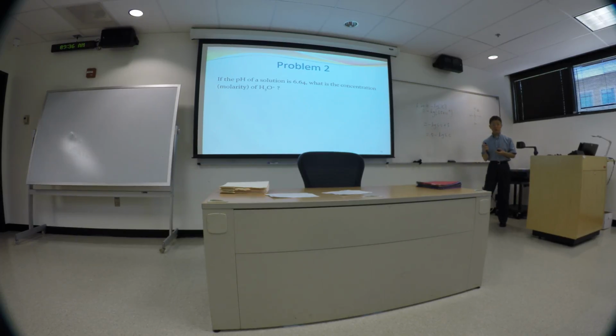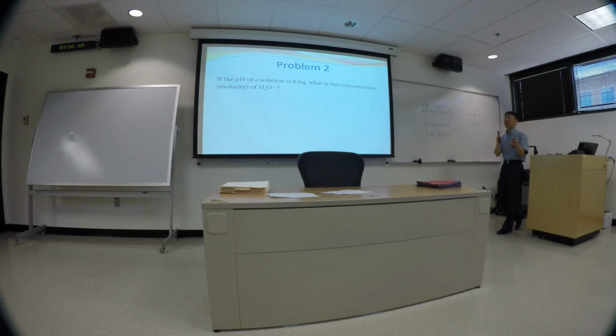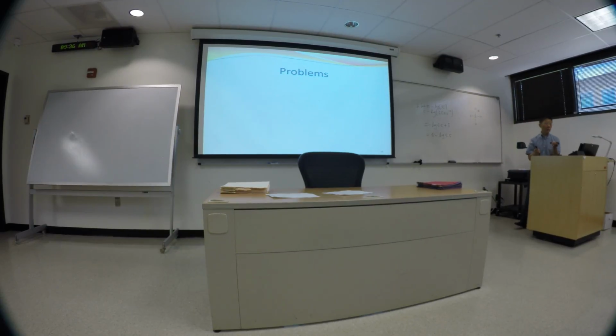X is what we're asking you there. So the inverse log of negative 6.64, or 10 to the negative 6.64 power, will give you the answer. Plug that number into the calculator and you should end up with an answer. And it's always going to be a coefficient times 10 to whatever the power. Okay, so the calculations that we want you to be able to do here is that if we have